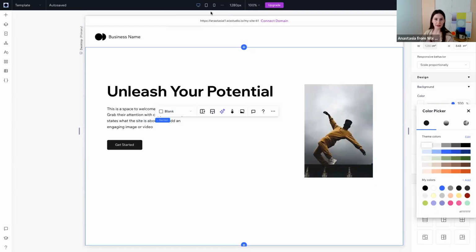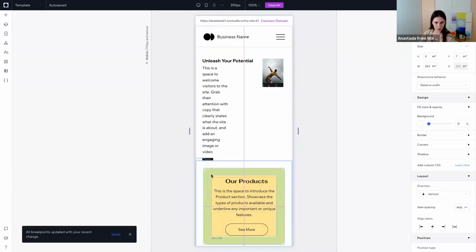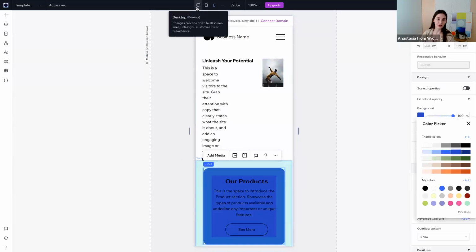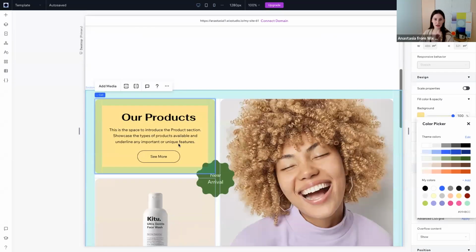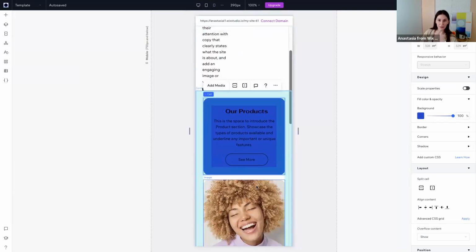Let's create a test. I'm changing it. Wait a minute. Let's change, let's say this one. We have this cell. I'm changing the color and I'm checking in the desktop and I see that it's still yellow. So the changes that are going to be applied only on the lower breakpoints and will not affect how your elements are looking in the higher breakpoints are changes that are related to the styles, meaning colors, fonts, font sizes, and sizes, of course, as well,